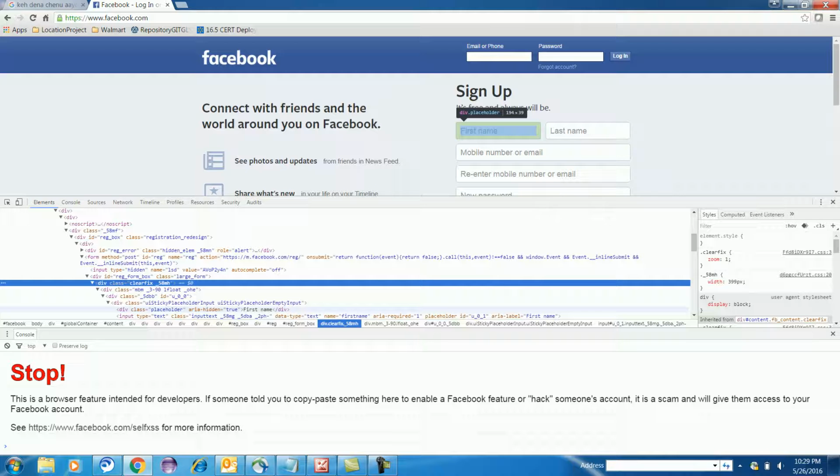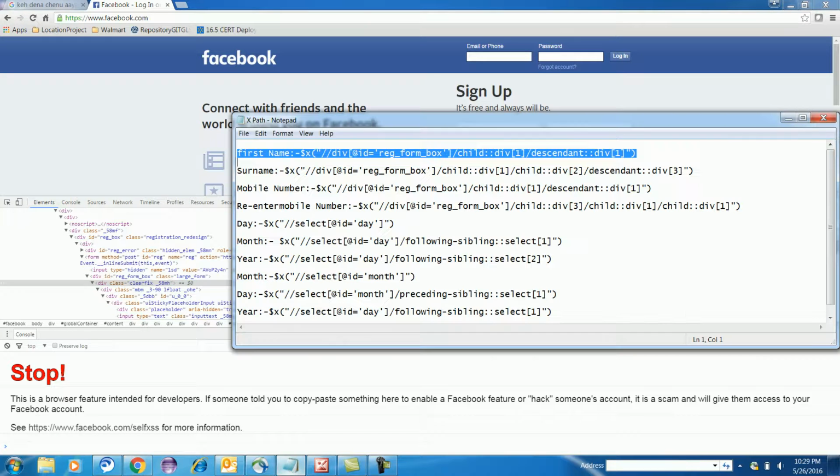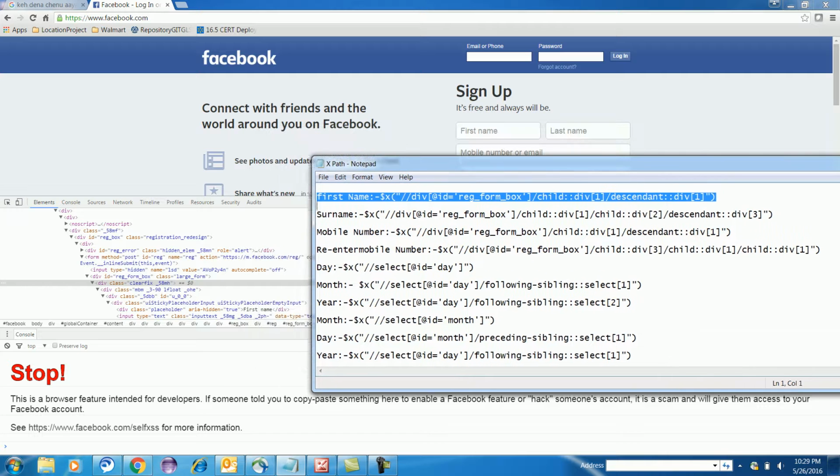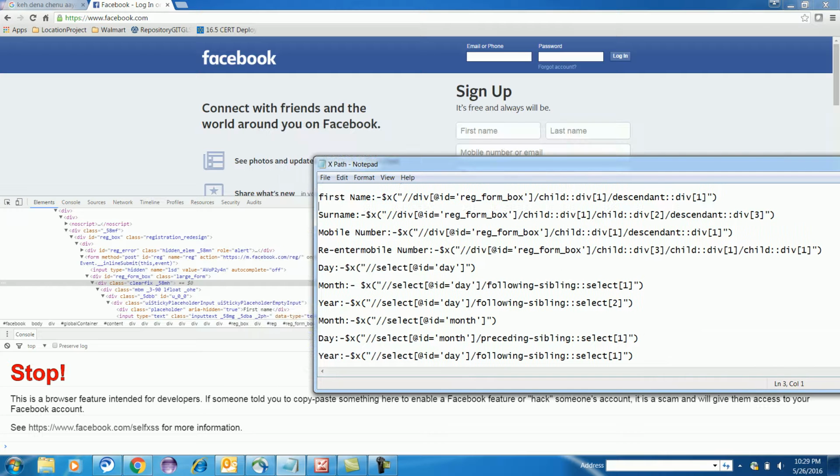So how to construct this? If you look here and try to correlate, you will see I have written div id is equal to reg form box, which is nothing but this XPath, which will highlight the full registration form. After that I am going slash child, to the first child of this registration form, which is nothing but this first div.